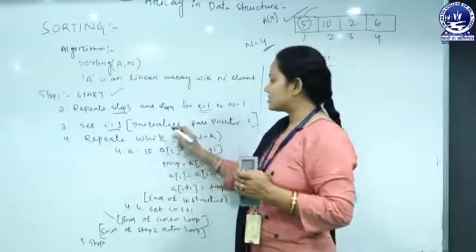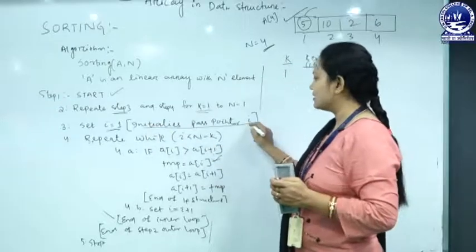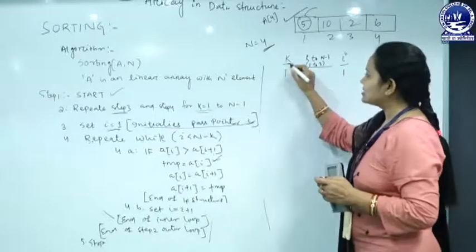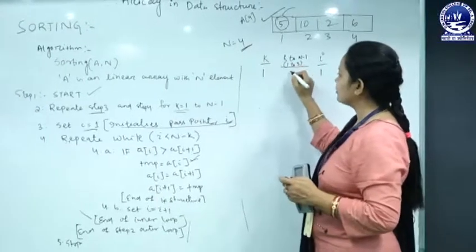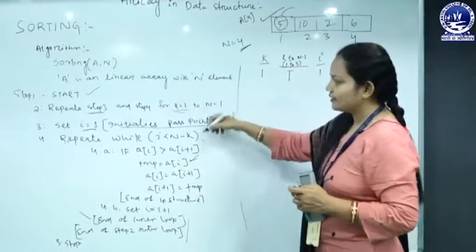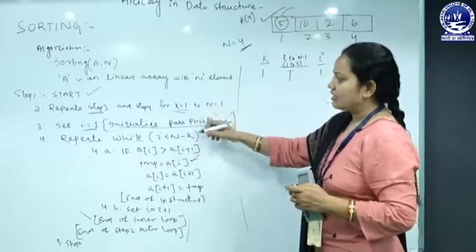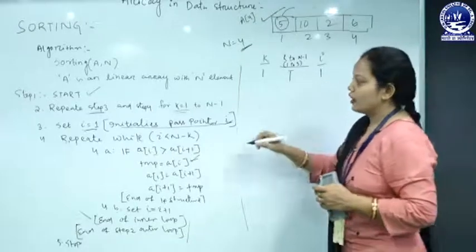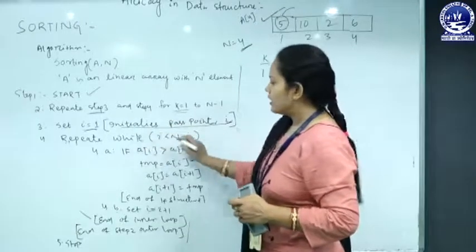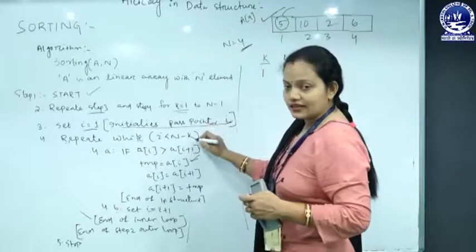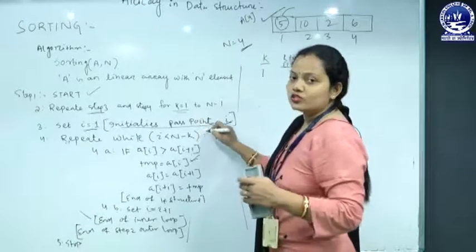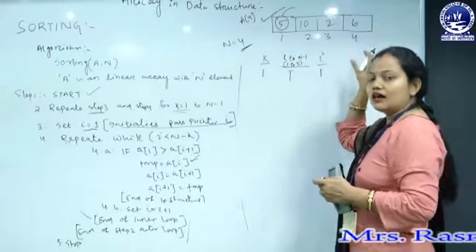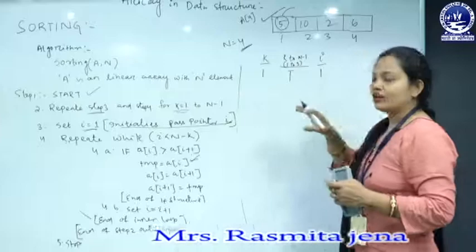Coming to the execution of passes, for pass execution we initialize a pass pointer, that is I equals 1. As k equals 1 and the range is 1 to 3, the condition is true and we enter into step 3. Then we initialize I equals 1, the pass pointer value. Then comes step 5, which has another condition, the inner loop, used to move the largest element to the largest index location of the array.